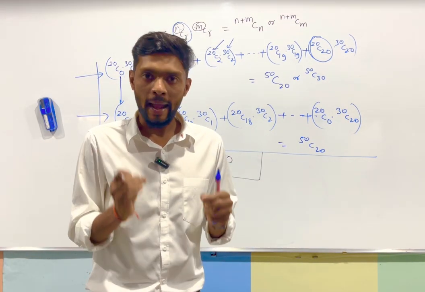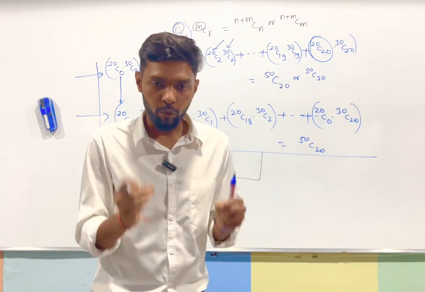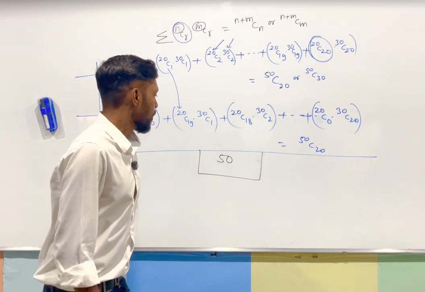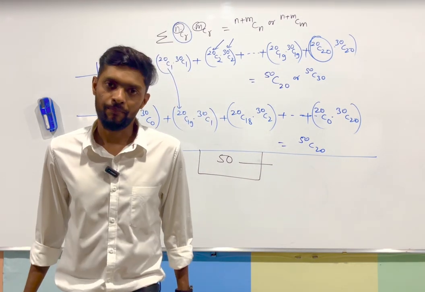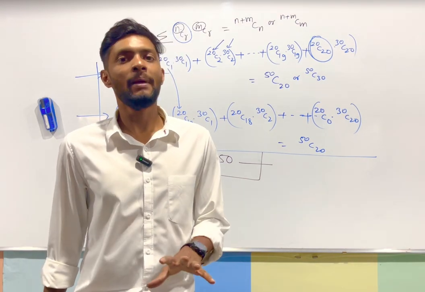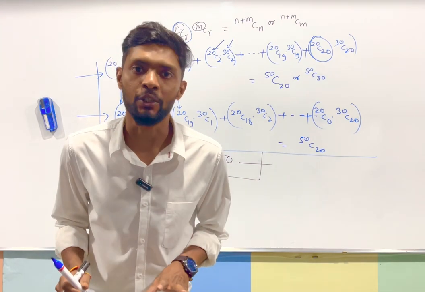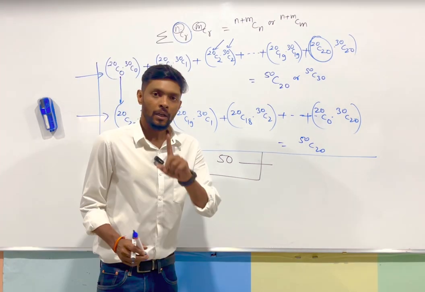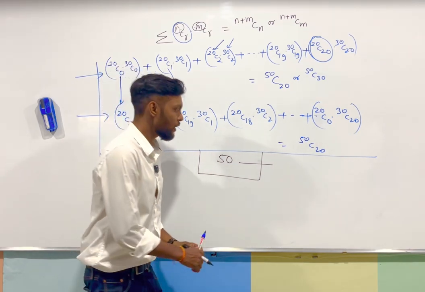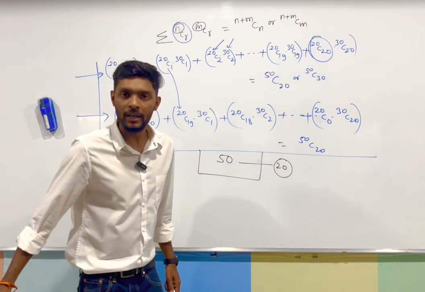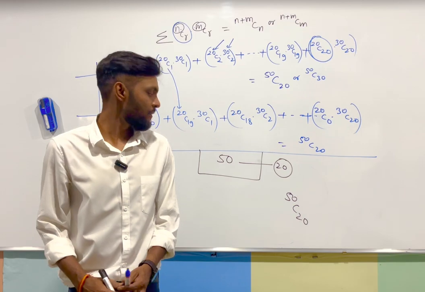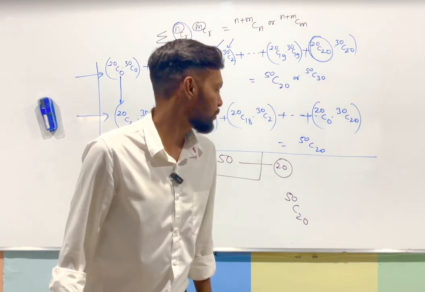You downloaded an app, you want to listen to some music, you found that on that application there are 50 songs listed. Okay, you want to make your playlist, and there is a limitation that you can make a playlist of only 20 songs. So you want to make a playlist of 20 songs and options are 50 songs. The number of ways of selection of 20 songs out of 50 random songs will be 50C20. There should not be any confusion about that.